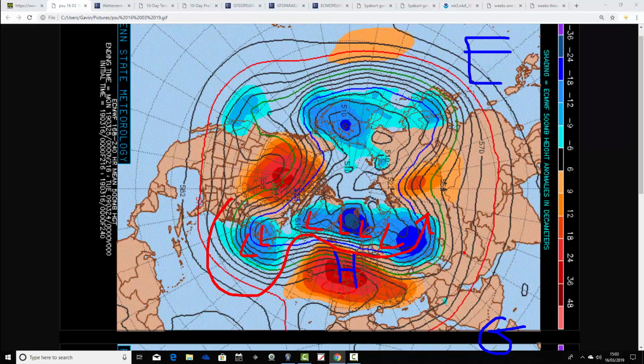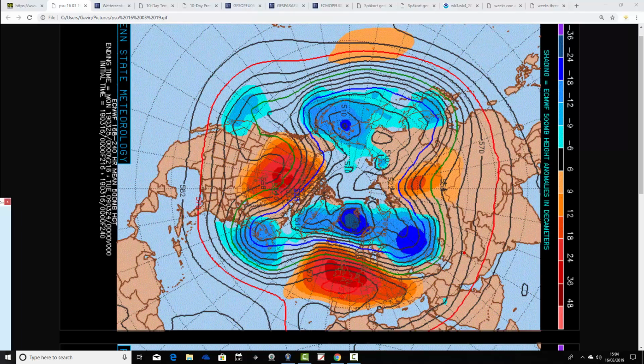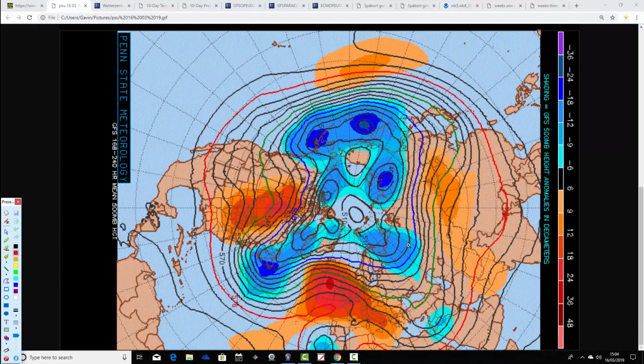So basically high pressure's returning, high pressure is back big time, and we're going to be settling things down and turning things a lot milder. Maybe chilly nights, though. We have to watch out for that. It still is only March, so nights could be quite cold, but certainly much more settled. And the GFS is in agreement